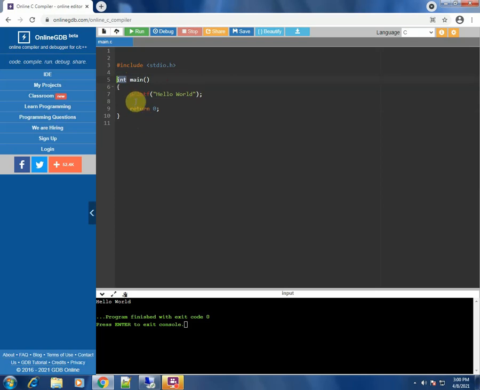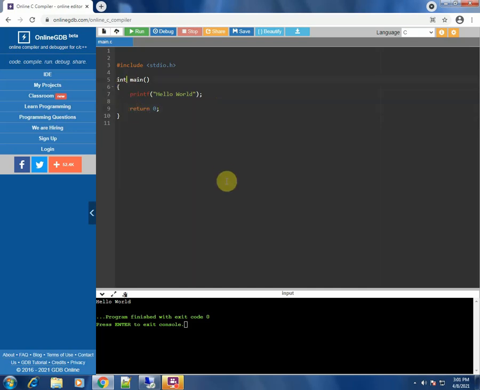Return means there has to be some kind of calculation or task in this function which is returned as an answer. Here there is nothing really to return. It is just printing this printf hello world. Therefore we are using this return 0 in the main function.